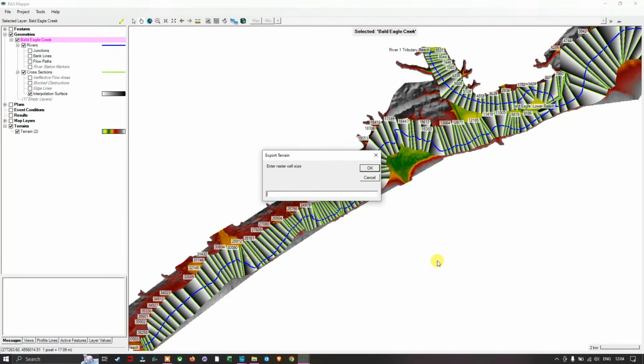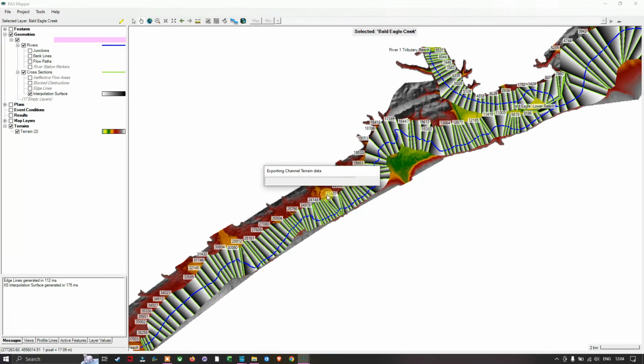So make sure that you enter the raster cell size. The raster cell size of this particular terrain is around 6.0. 6.0 is the cell size of this particular terrain model. So we're going to enter the cell size as 6.0. So once you mention the cell size here, I'm going to click OK. So it's going to export the channel terrain data to our folder location. So once you have created your new channel GeoTIFF file,